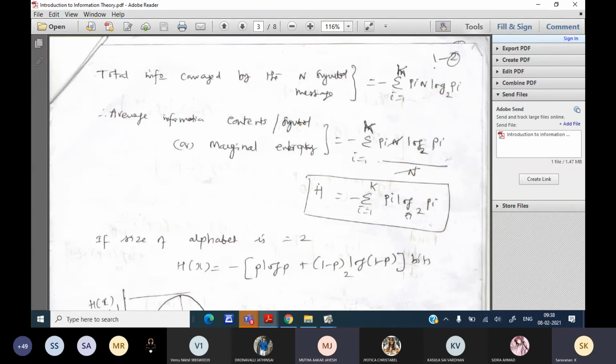Yes, sir. So I have replaced that minus sign by a plus sign, right? So for the log term, I should take 1 by pi. I have to substitute. So I want to find out base 2. So in the calculator, you take base 10 and then multiply the whole term by 3.322.